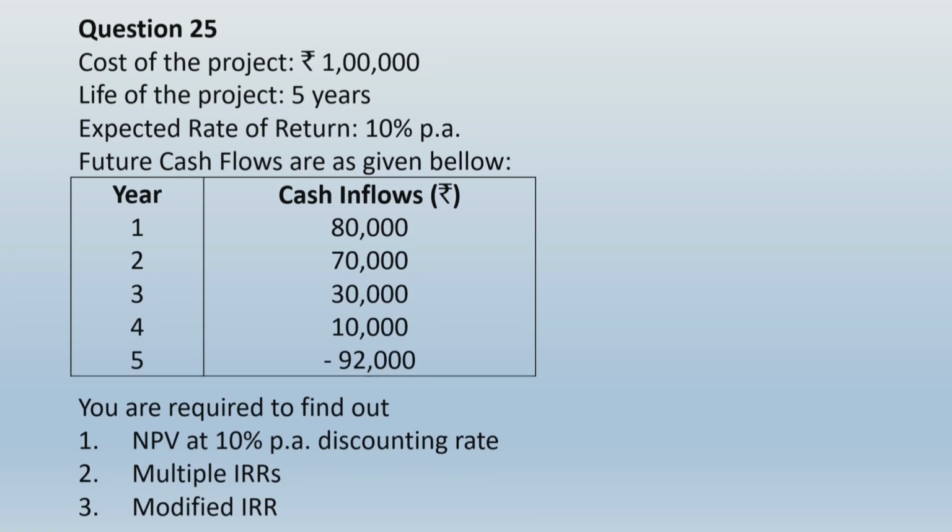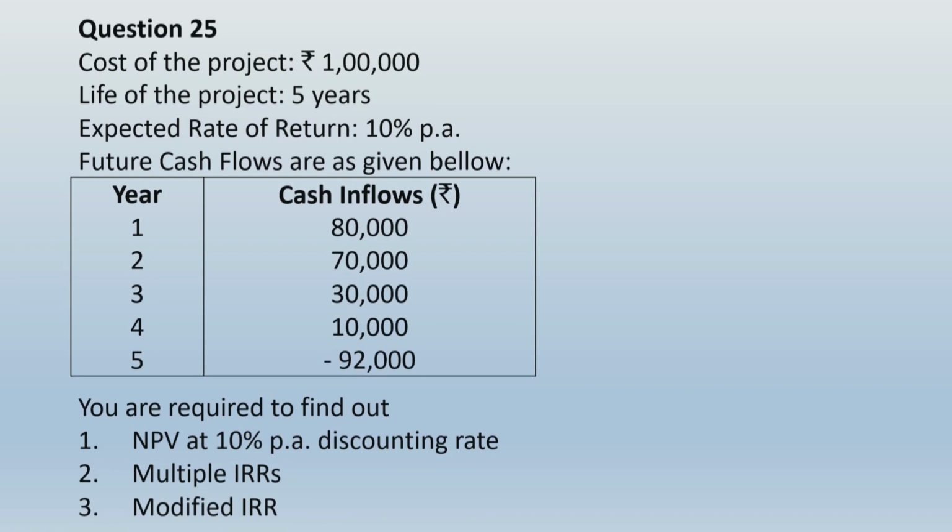So first of all, whenever there is a lump sum huge amount of cash outflow at later stage of project life, it itself is a big hint that there is a possibility of multiple IRR. So what I would want you to do is, first you compute NPV at 10% discounting rate, for which I will give you a couple of minutes. You know how to do that NPV calculation for sure. Once you make that calculation, then only I will take you ahead.